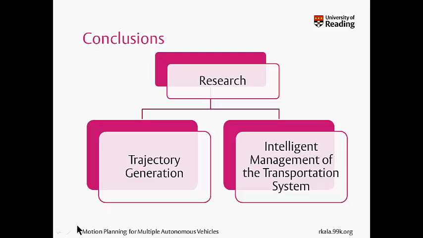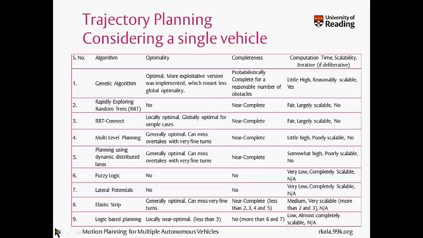Now, basically, we saw two different kinds of problems being solved. In the first, we were trying to generate a trajectory for a single vehicle or a group of vehicles, which constitutes the entire transportation travel plan. And in the second, we looked at various traffic entities to solve the problem of intelligent management of the transportation system. Of course, a brief interest was the problem of routing or congestion avoidance. So in trajectory generation, we said that there's a problem of planning, where we only consider a single vehicle, and the problem of coordination, where we decide how the vehicles interact with each other.